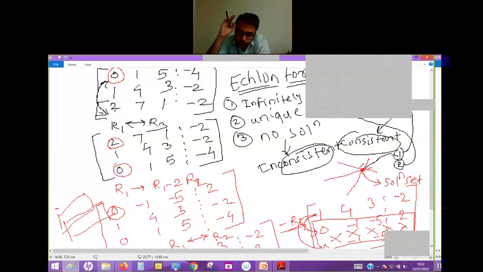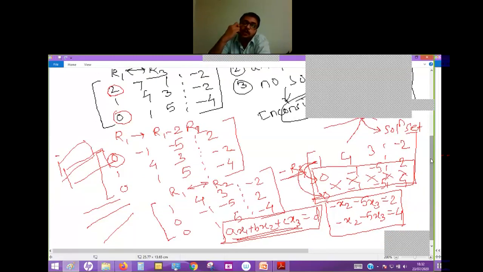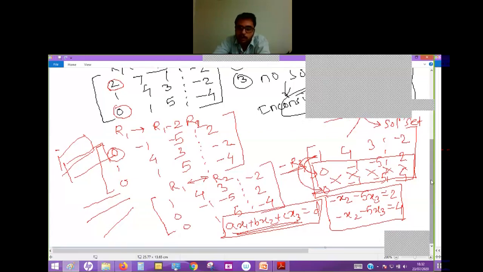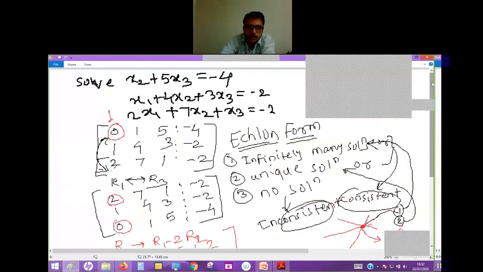In the same way, consider parallel for this system. If instead of lines, planes are there, then what will be the case? If these three planes are getting intersected anywhere, let's say in one point, then one solution is there. So that will be the unique solution. But in this case, they are not intersecting with each other. That's why I will say they are having no solution. And no solution means the system is inconsistent. This is the nature of this system.